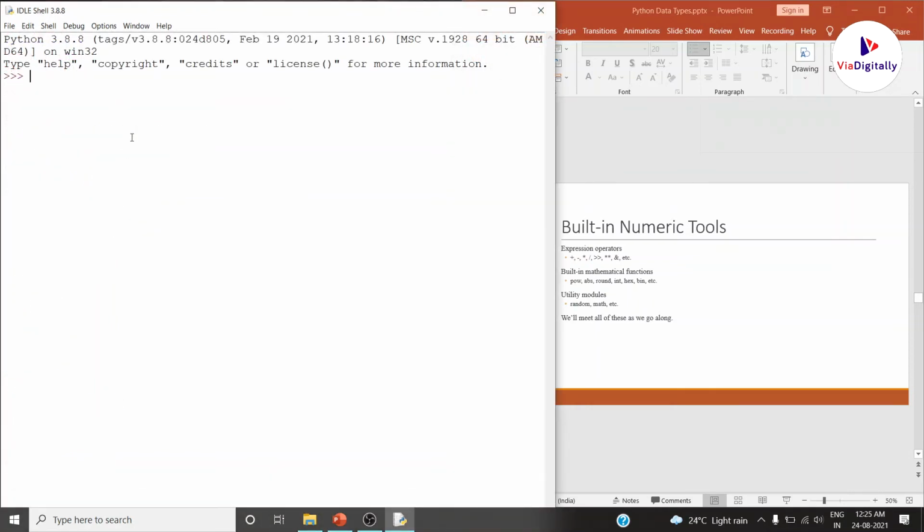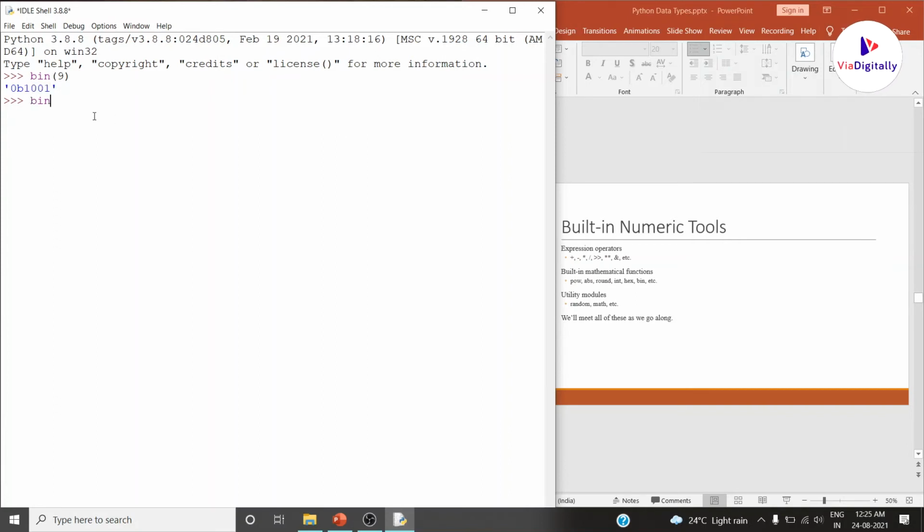Till now we have discussed the round function and the absolute function. Now what are these hex and bin functions? Let us see. If I want to know the binary value of 9, it is 0b1001. Here if you observe the last 4 bits, they are the binary representation of 9.